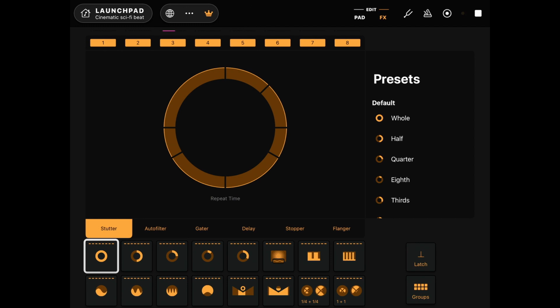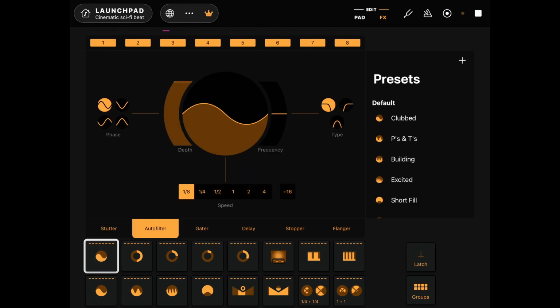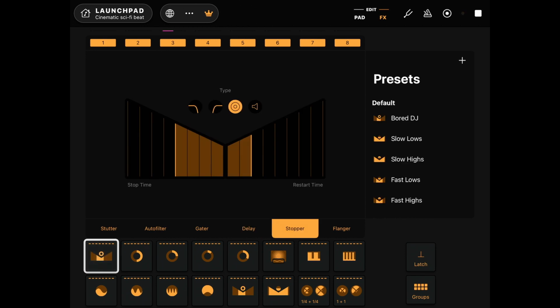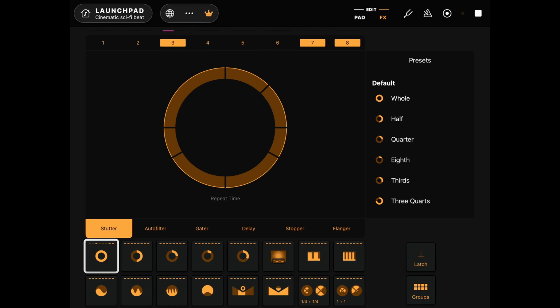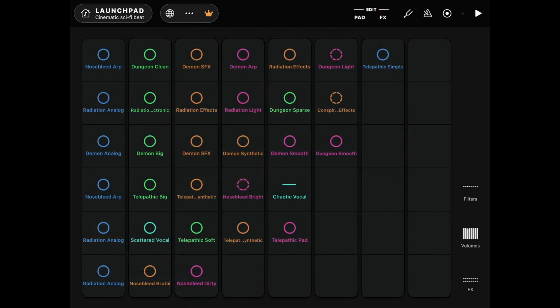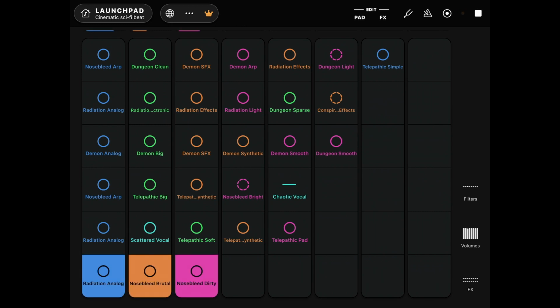So you've got stutter, auto filter, gator, delay, stopper and flanger, and you can change these individually, and there's a whole lot of presets there as well. And this is where you can actually switch off which samples are affected by that particular effect. So it's pretty comprehensive. There are kind of two ways of playing this. So if I, like I said, press and play that, I can either play and add individual samples. If I swipe, it'll play the whole row,